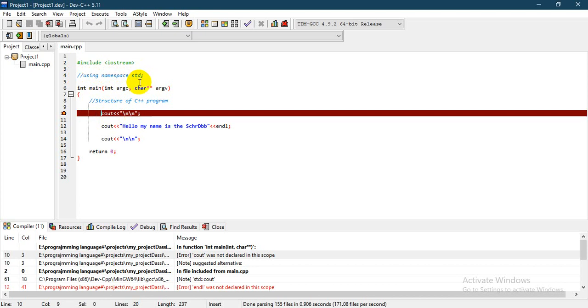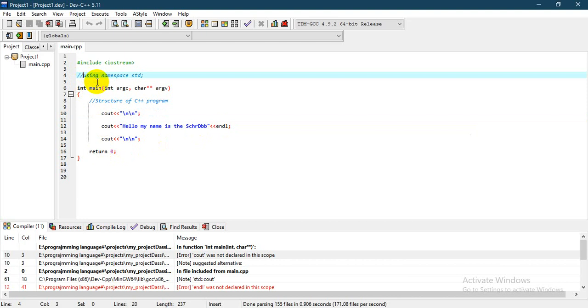Normally the path of cout is inside the iostream, then into the namespace std. So when you remove it and paste it as a comment, it does not see what is inside namespace std, so it does not know what cout and endl are. So you need to place back using namespace std for the compiler to understand the meaning of cout and endl. The next line here is the int main, the main function